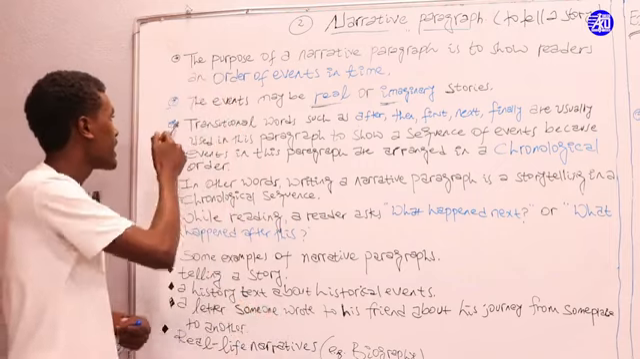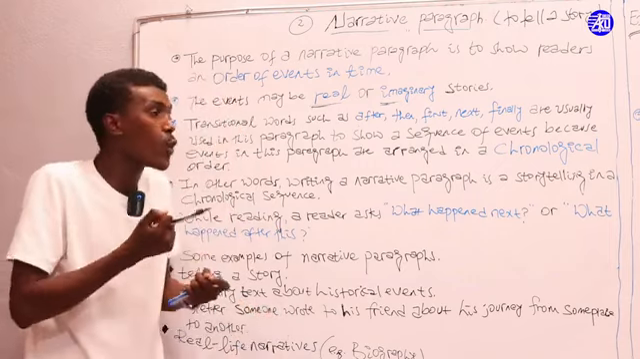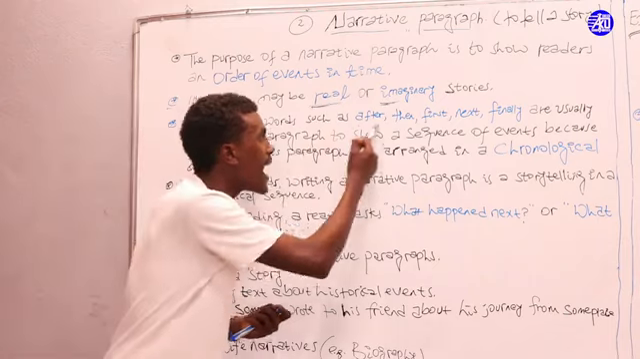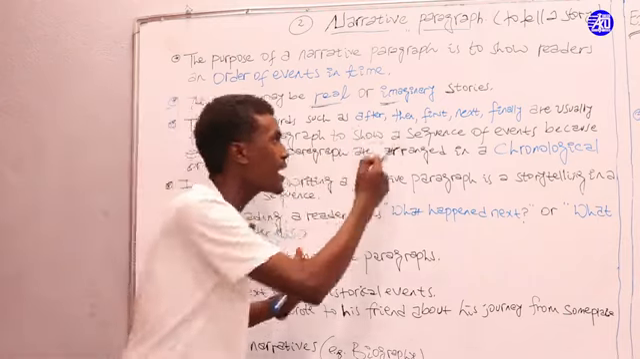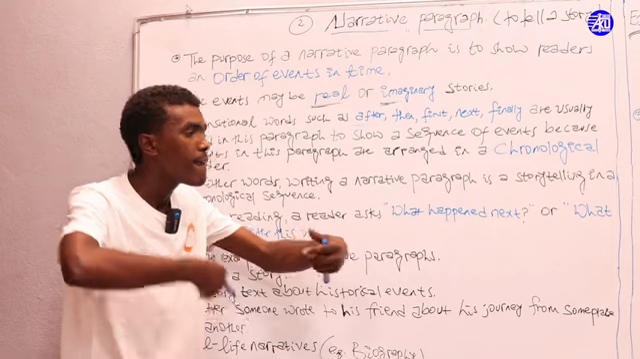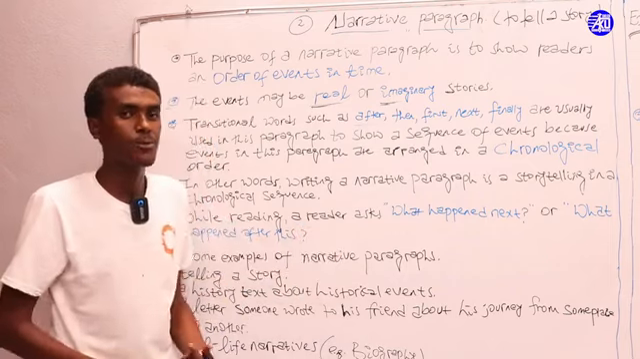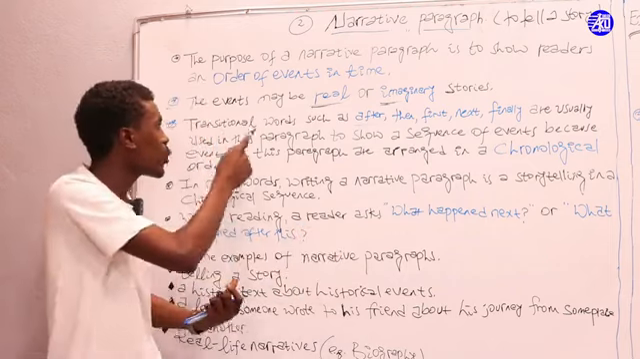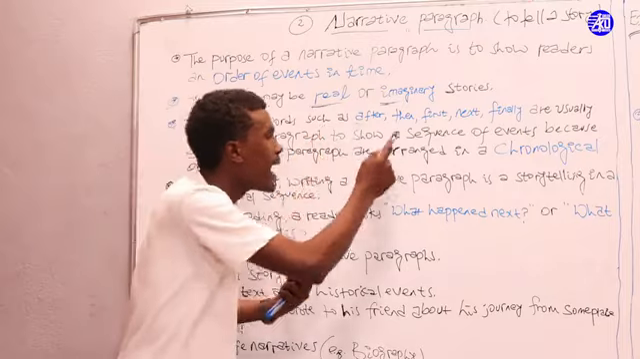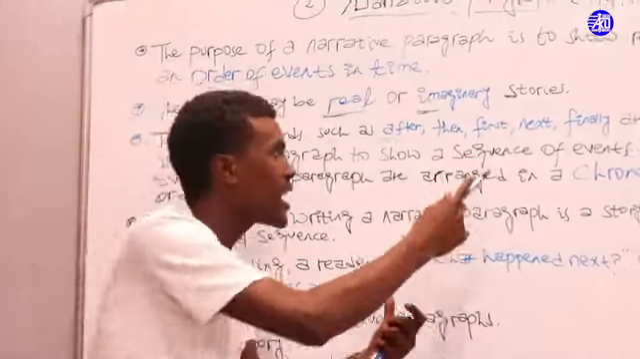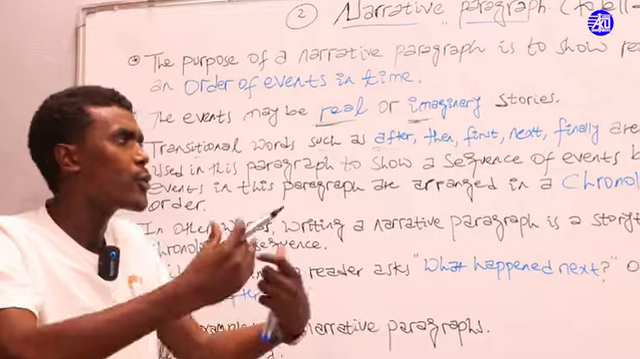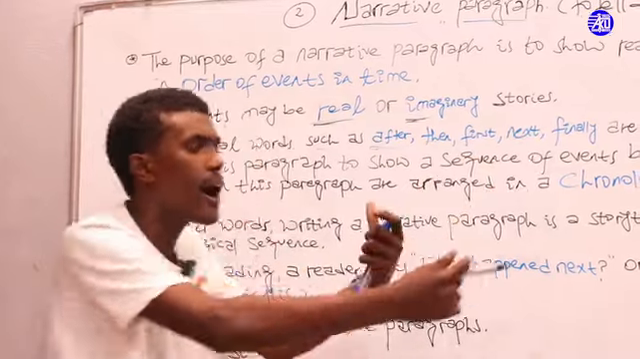Again, be with me. It says transitional words such as after, then, first, next, finally are usually used in this paragraph. You see, transitional words such as after, then, first, next, finally,